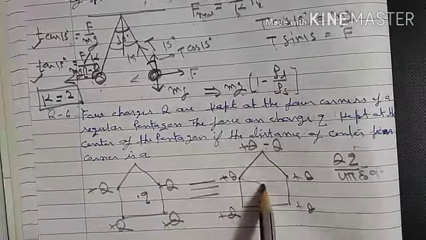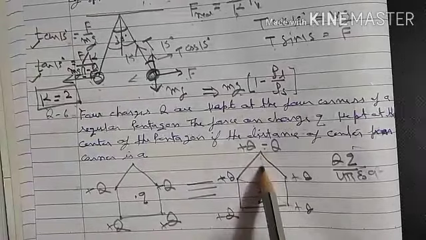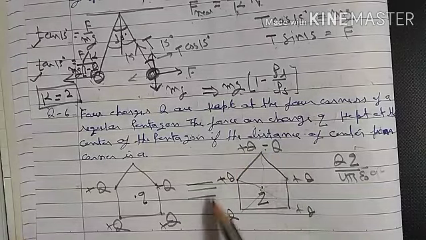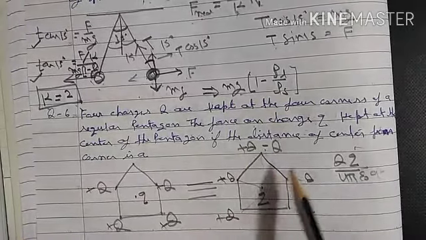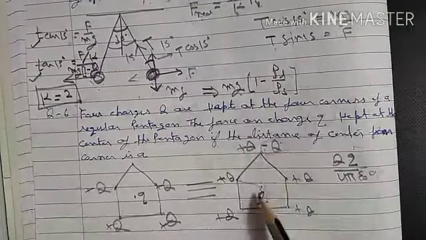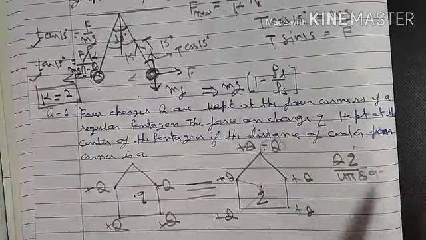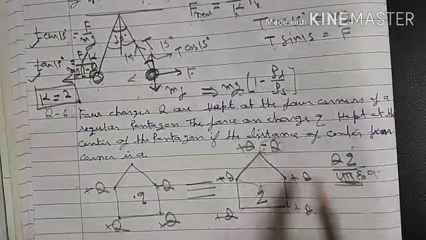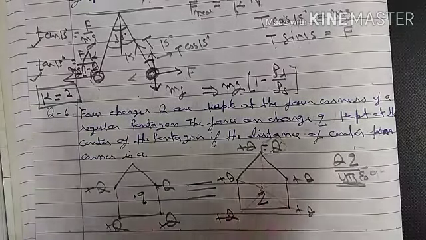As you know, the resultant force will be balanced when the vertices have the same charges. So pairs of forces will cancel each other. Only this negative charge will remain, which will give you a force between the center and this negative charge. So that will be the electrostatic force, and this force will be only because of the negative charge of Q. I think you have got it.